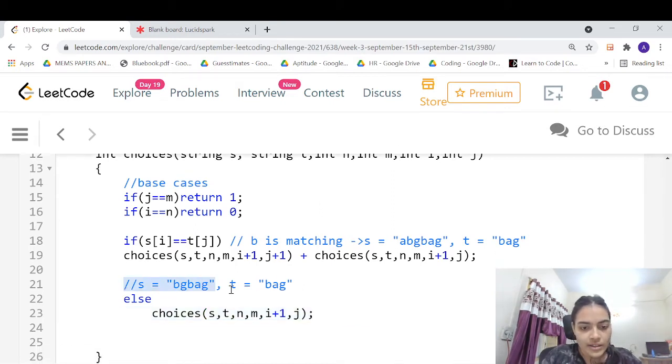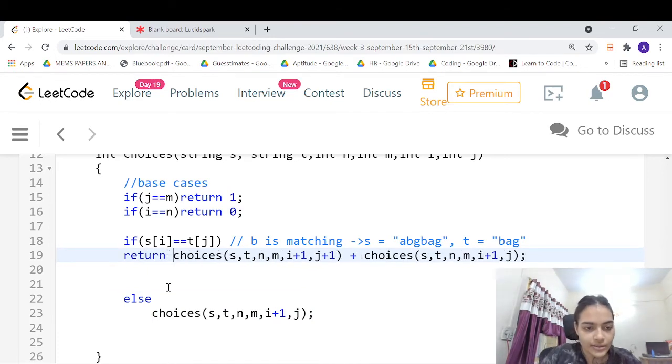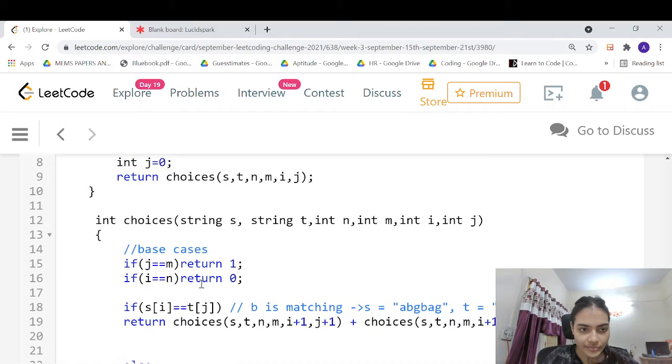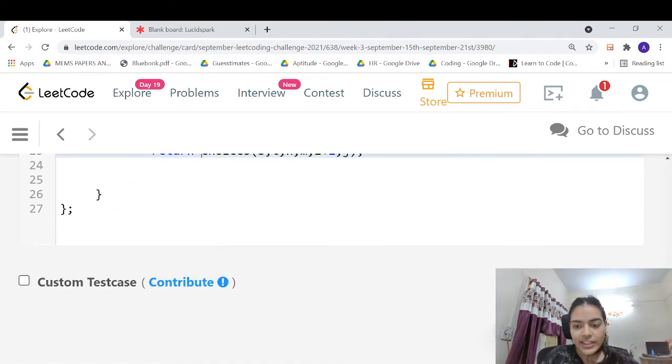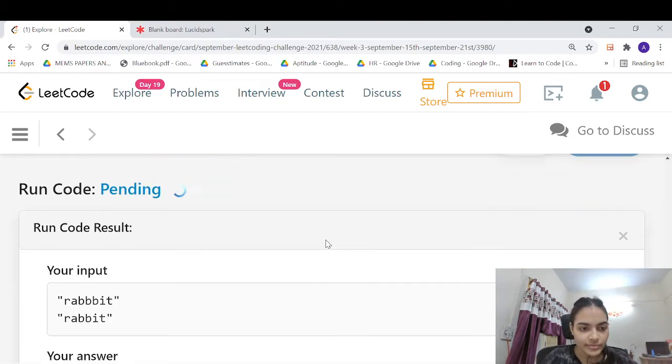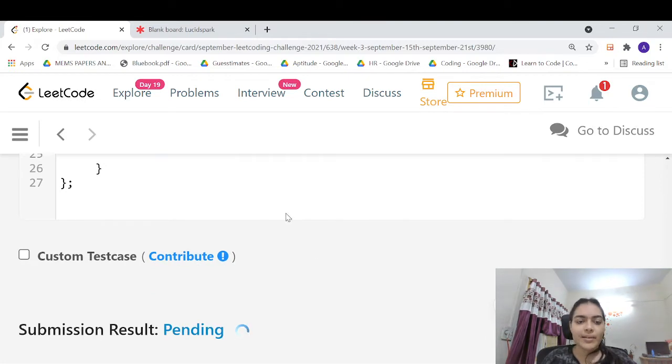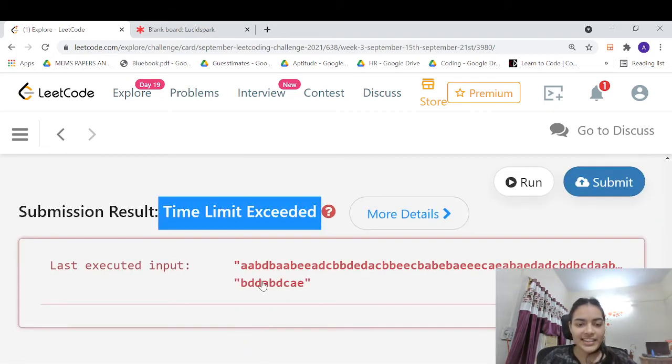So that's it. Now I can do return and I can do return here. Okay. Now this is a simple recursive solution that we have. Let's try to see if it is okay, if it is getting accepted. So this is fine, but let me submit and see if we get a time limit exceeded error. So we are getting a time limit exceeded error, right?